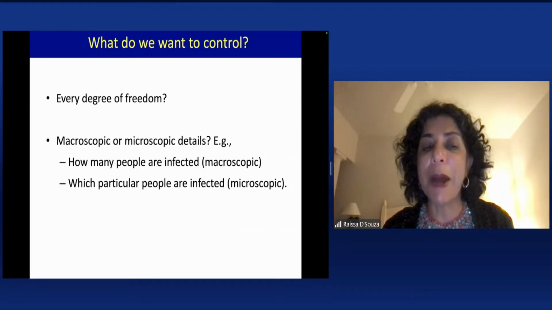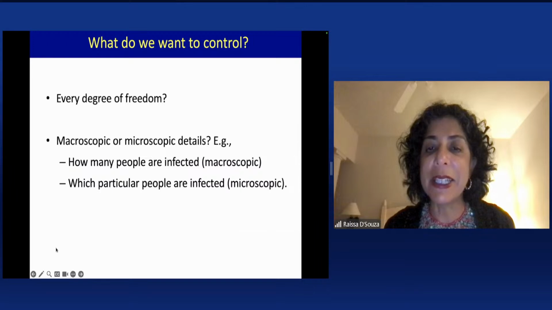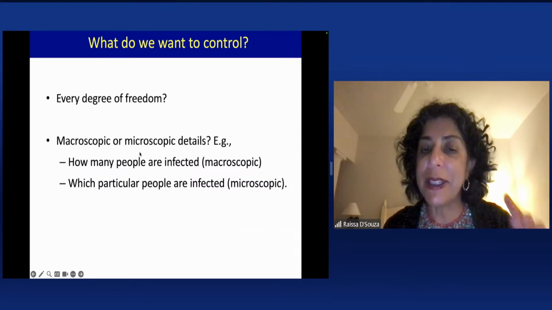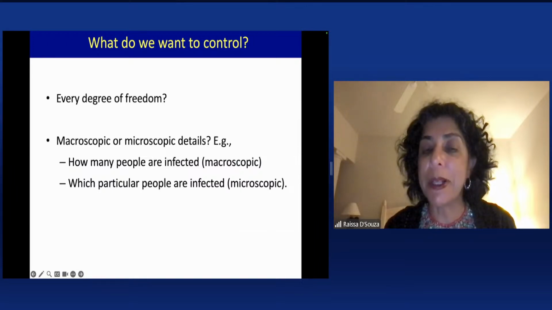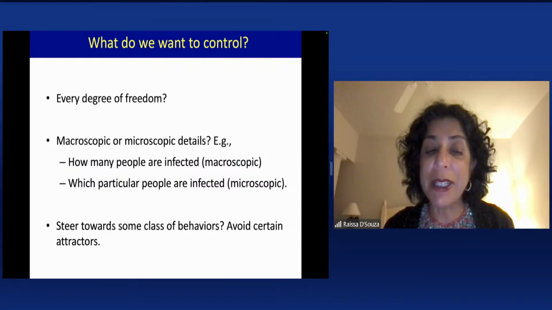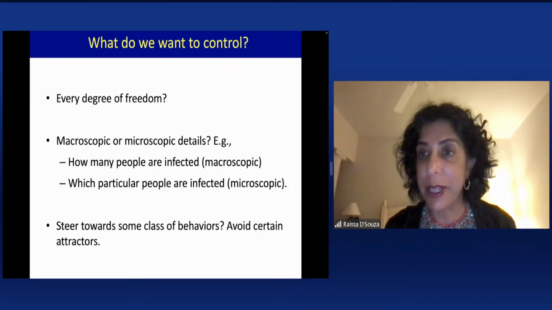Or do we want to think about microscopic versus macroscopic control? So, for instance, macroscopic control would be thinking about how many people are infected during an epidemic event, whereas microscopic control would be trying to understand which particular people are infected during that event. And we might want to just steer the system towards a class of behaviors instead of controlling every single degree